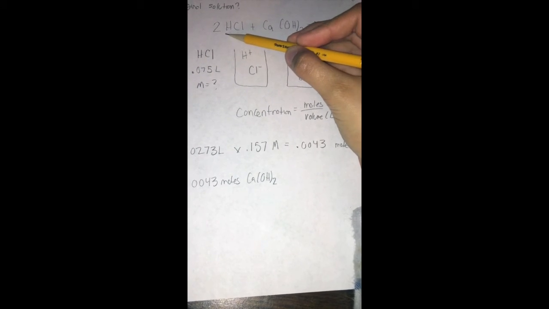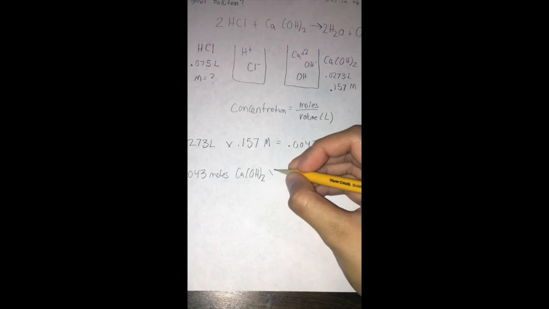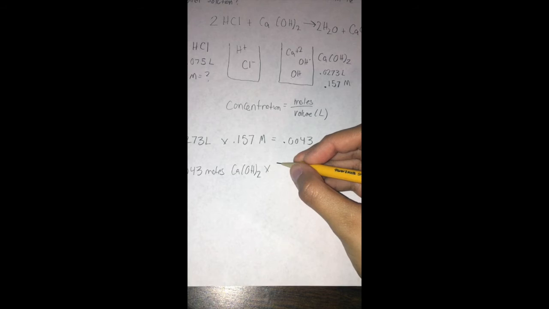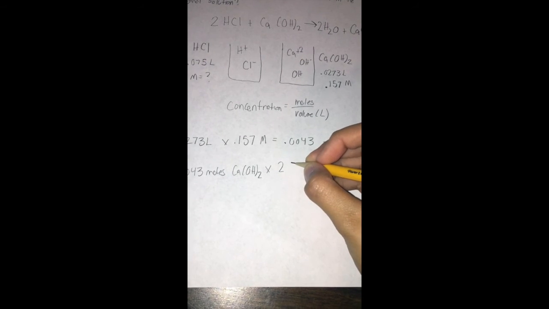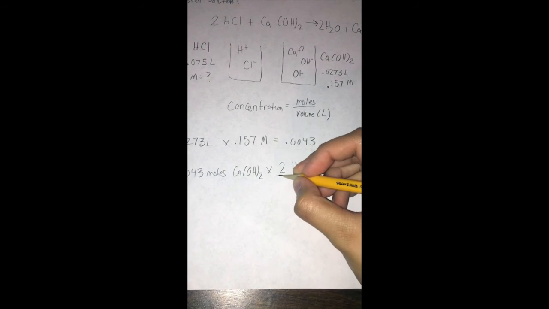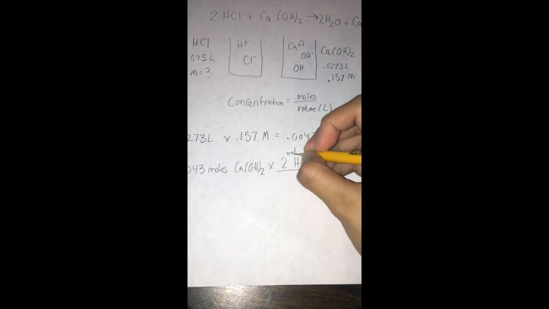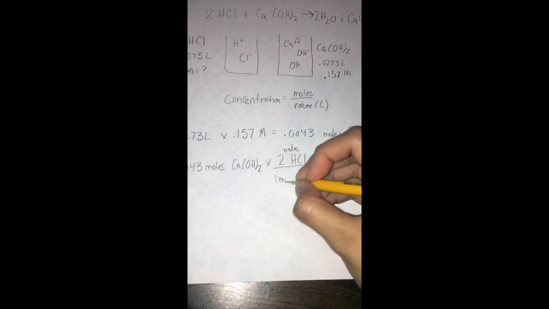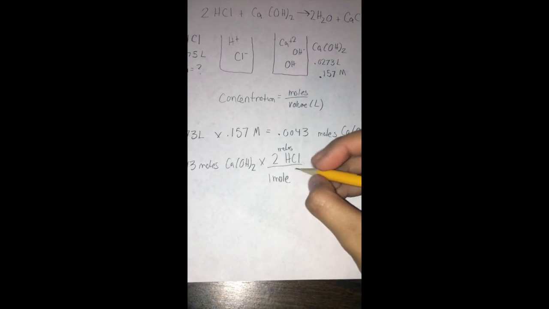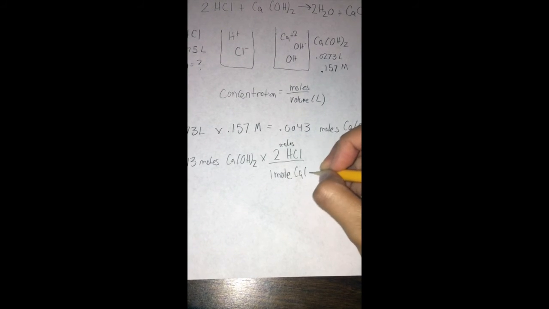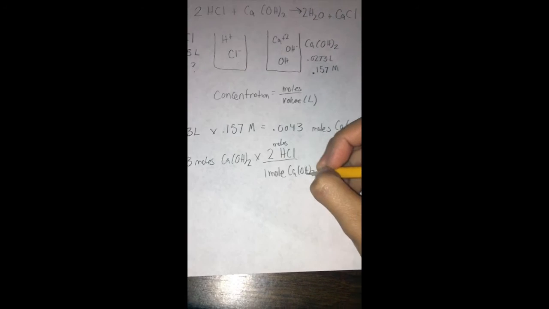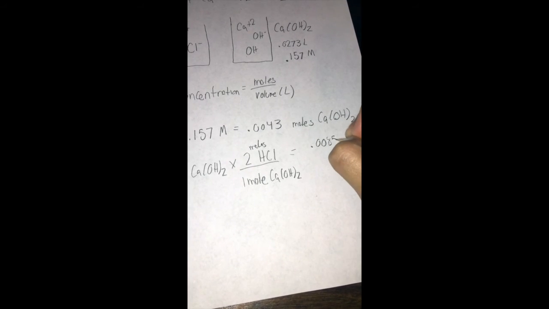There's 2 hydrogen chlorides to 1 calcium hydroxide. And when we multiply that, we're going to get 0.0857